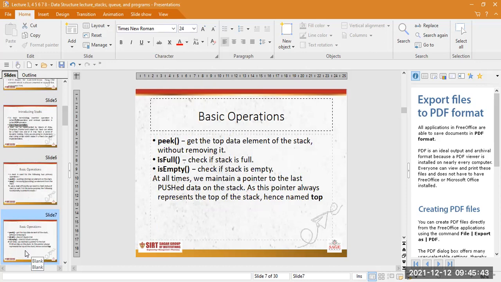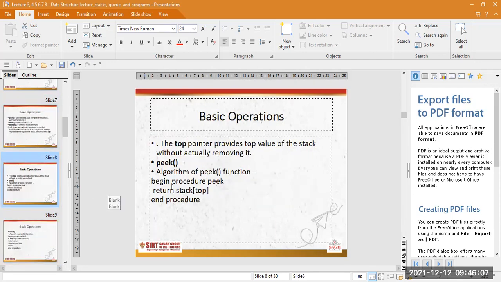Then you have peek, so you can peek at the topmost data element from the stack. You are not removing the element, but you are using it to get or retrieve the topmost element. There are two methods: is full, is empty.